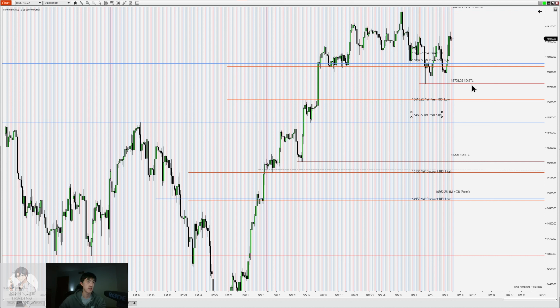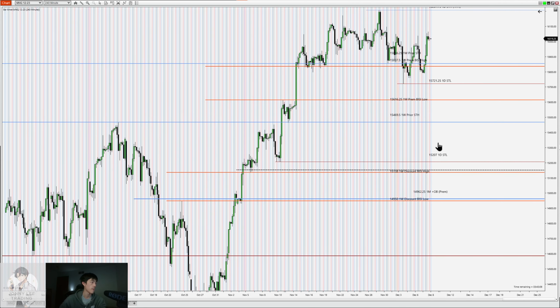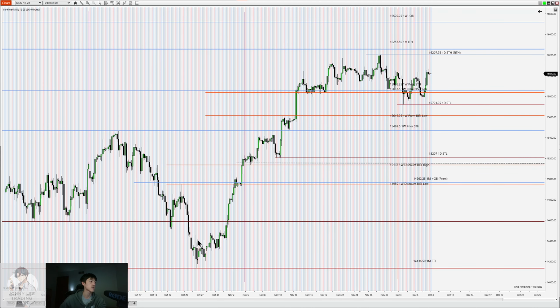Once we break this, once we trade down to this daily short-term low, if we break lower, it could refer to that and then head lower to the premium BISI low here. Once it breaks that, it could head down to a daily short-term low. It just all depends, right? So while we do see a lot of stuff hanging to the downside on a 4-hour chart,